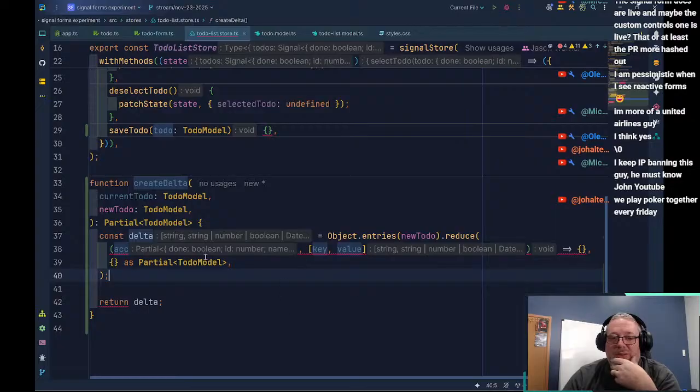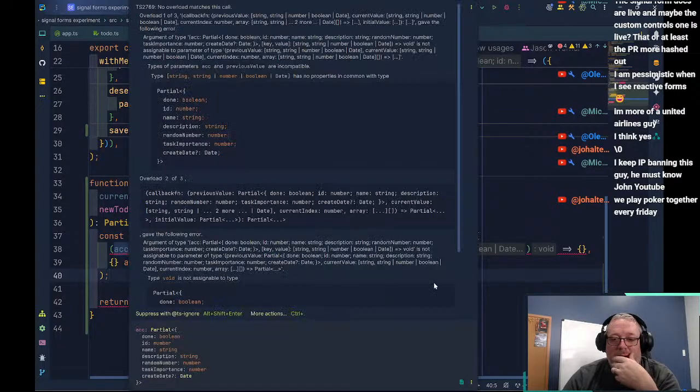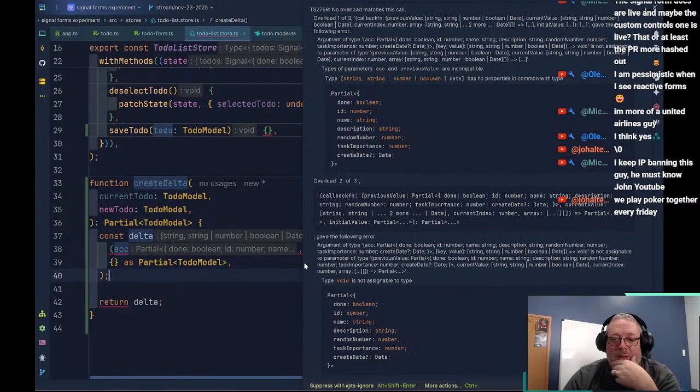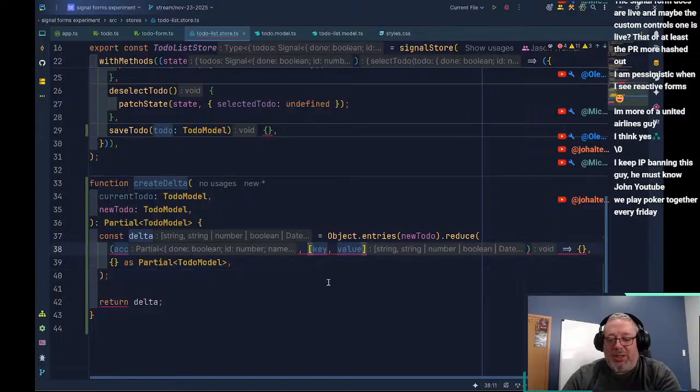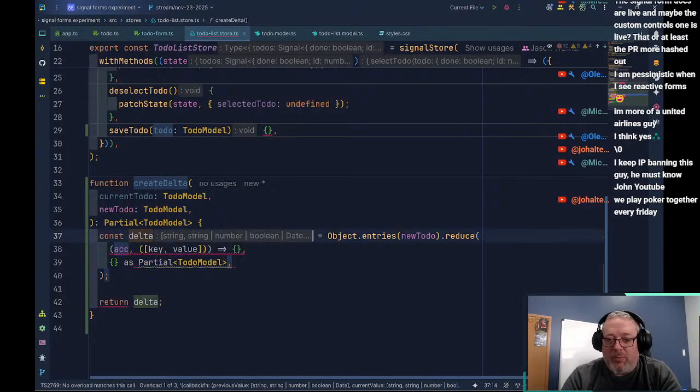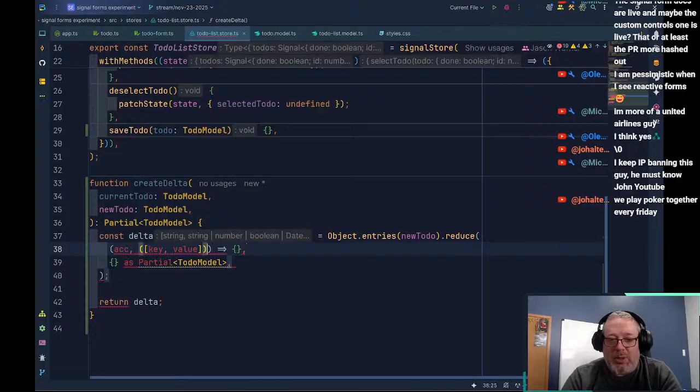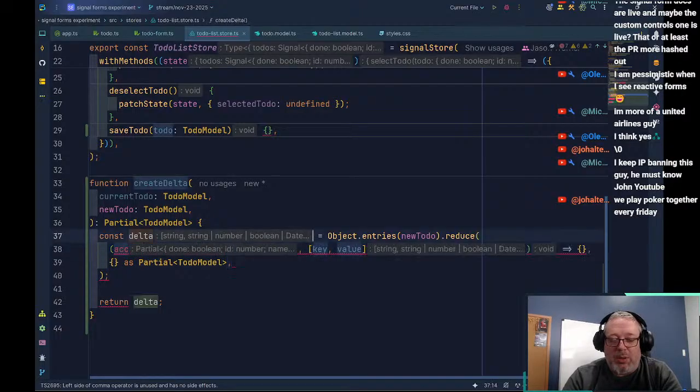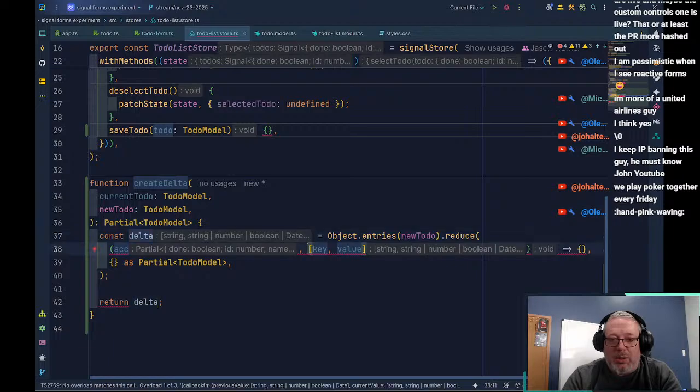No overload matches this call. Oh. I think we may need parentheses here. Nope. So that's our accumulator. It's a partial.